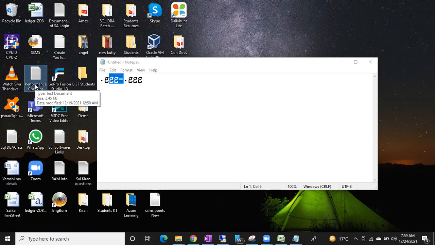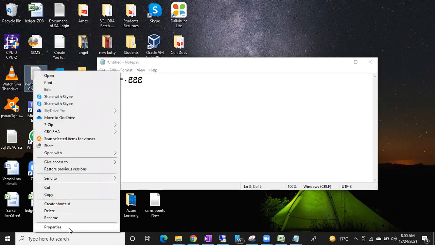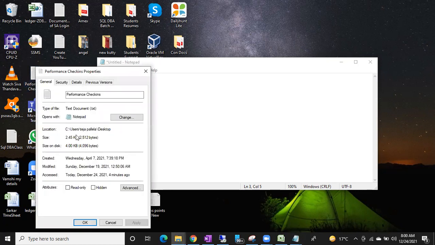Very good. Remember guys, a service account is nothing but one user only. Don't think that a service account is a big thing. It's a small user account. Why? Because this file is there on the desktop. Desktop means which drive? C drive, right? So where is the location? You can see this is the location in the C drive, users, username and desktop.